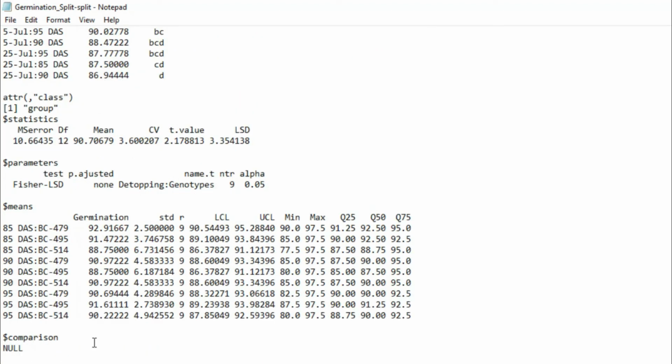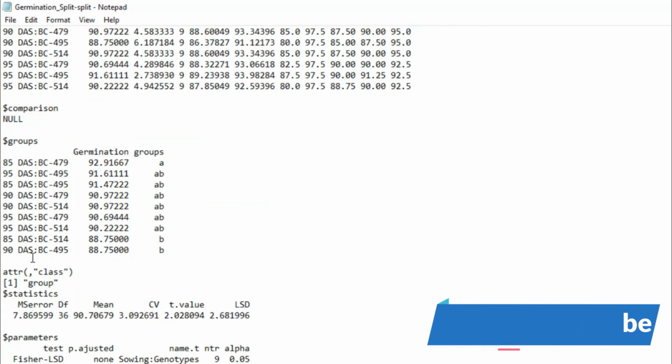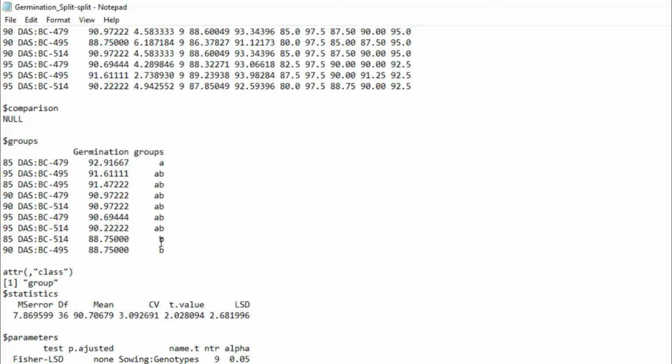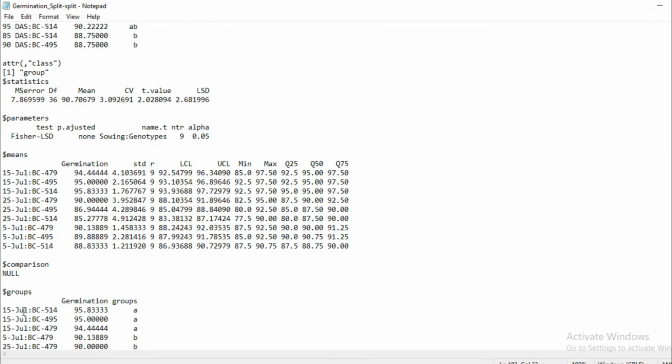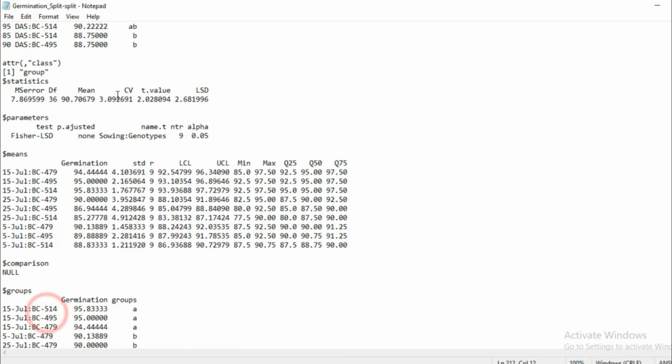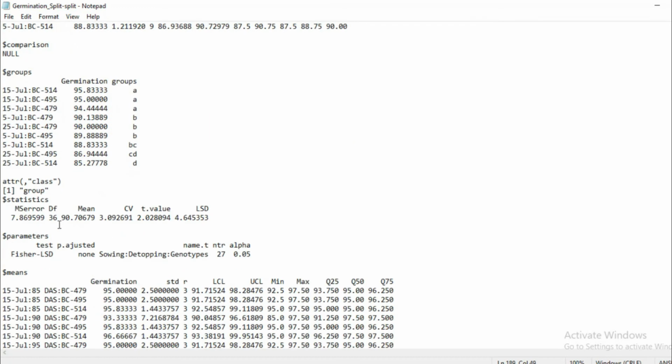It is our detopping into genotype, CV value, T value and their LSD value, and their treatment, germination percentage, and their homogeneous value. It is our swing time and genotypes, CV value, T value and their LSD value, and their germination percentage and the homogeneous value.